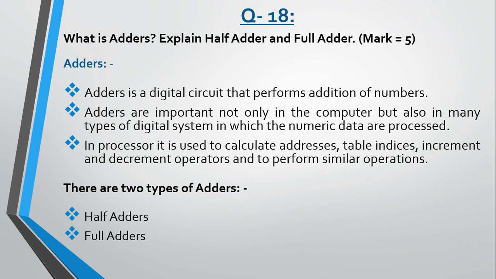So in a digital circuit, when you want to perform addition of numbers, at that time you are going to use adders. Naturally, subtractors are responsible for performing subtraction operations, the minus operation you want to perform with any digital circuit or binary data. At that time either you can use addition or subtraction. Adders are responsible for performing addition of numbers, whereas subtractors are used to subtract two numbers.